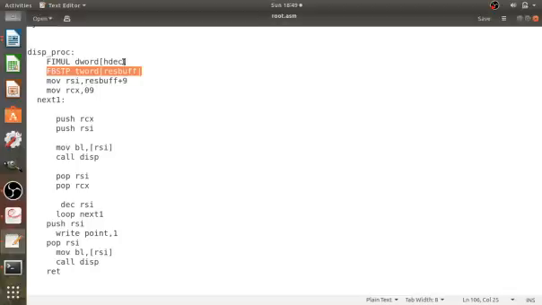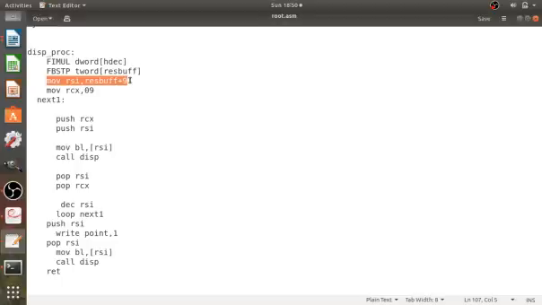Now the result buffer is 10 bytes long. If you want 4 bytes to display, then in the next instruction we have to mention mov rsi, result buffer plus 4. If you want 2 bytes, then mention plus 1. If you want 7 bytes, mention result buffer plus 7. Like that we can mention which digit we want. So as we are writing 9, it points to the 10th byte, so byte location minus 1. If we want to display the 10th byte, then 9. If you want to display the 7th byte, then plus 6. If you want to display the 5th byte, then plus 4.